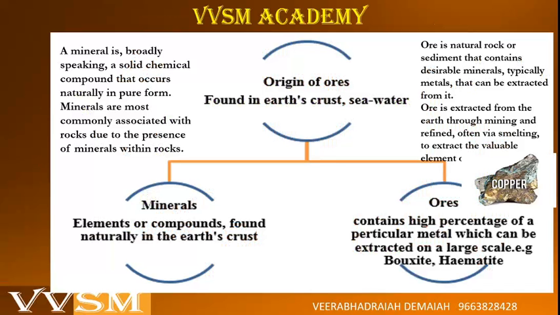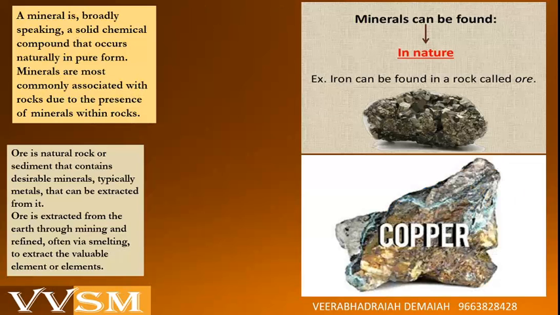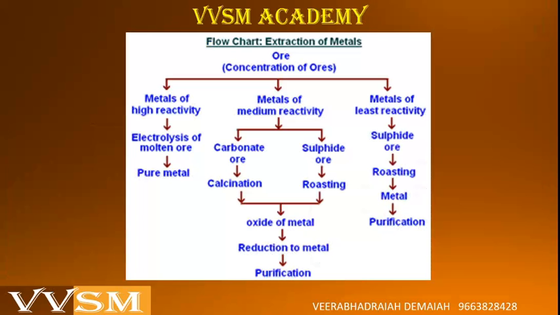A mineral is a solid chemical compound that occurs naturally in pure state. It is found in the earth's crust, seawater, minerals and ores. What are minerals? Elements and compounds found naturally in the earth's crust. What are ores? They contain a high percentage of a particular metal which can be extracted on a large scale. Example, bauxite and hematite. These are minerals found in nature, and coming to the classification of